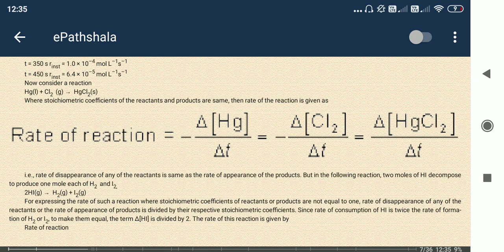This one we need to understand, like in a chemical reaction when it is balanced, the stoichiometric ratio is there. Here we see 2HI, two molecules of hydrogen iodide getting converted to hydrogen gas and iodine gas, H2 plus I2. In the balanced reaction the prefix of HI is 2, right? So the stoichiometric coefficient is 2 for HI. For hydrogen gas H2 it is 1 because nothing is written, means 1. For iodine it is 1.